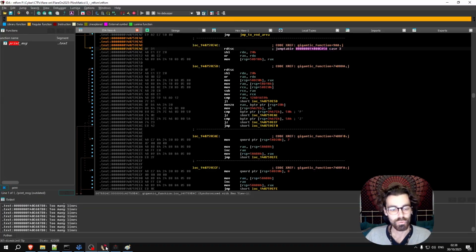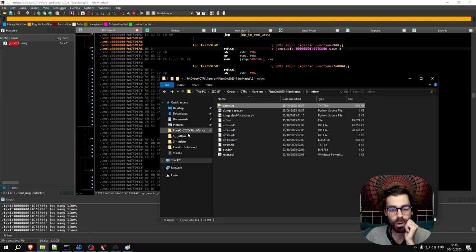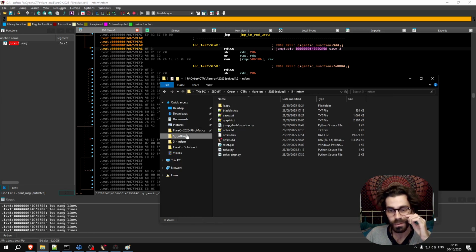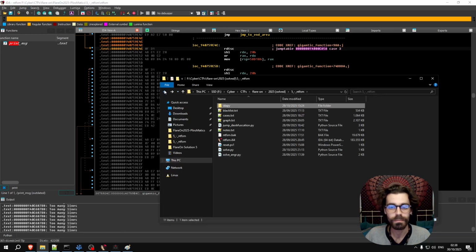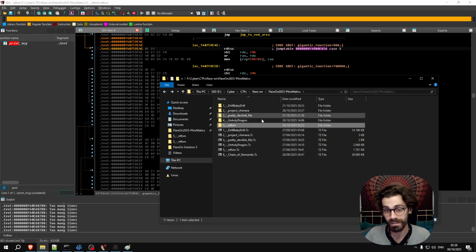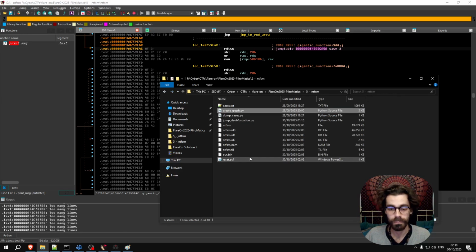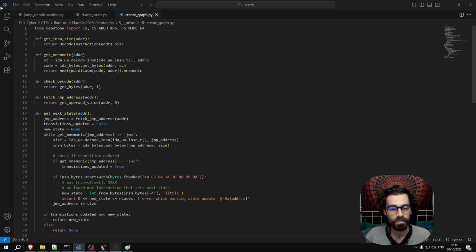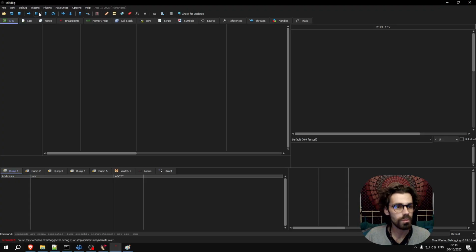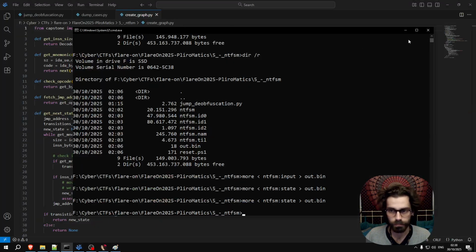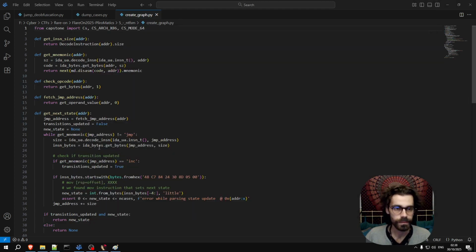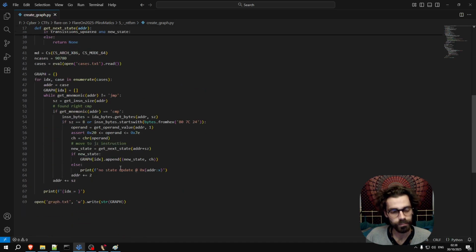Okay, so back to IDA. Of course, as always, I have already written a script that creates this graph, but I will analyze it with full details here. So let's go. Okay, let's close some stuff because my PC is old. I don't want to tire it. Okay,